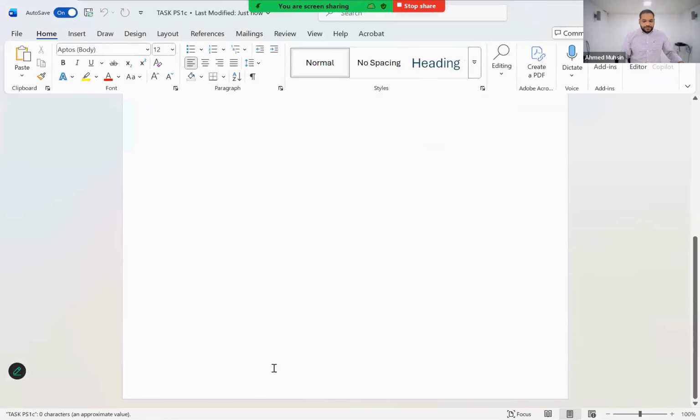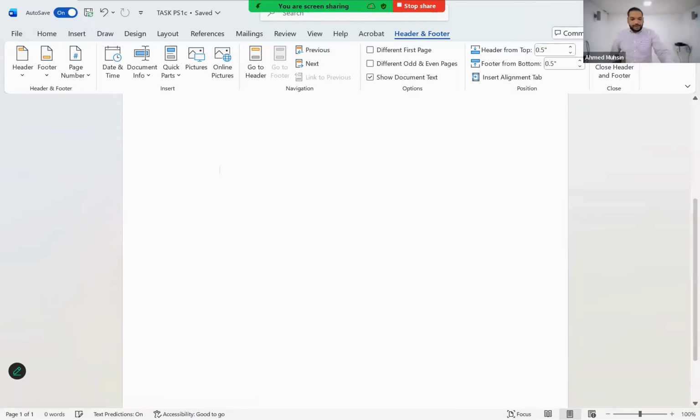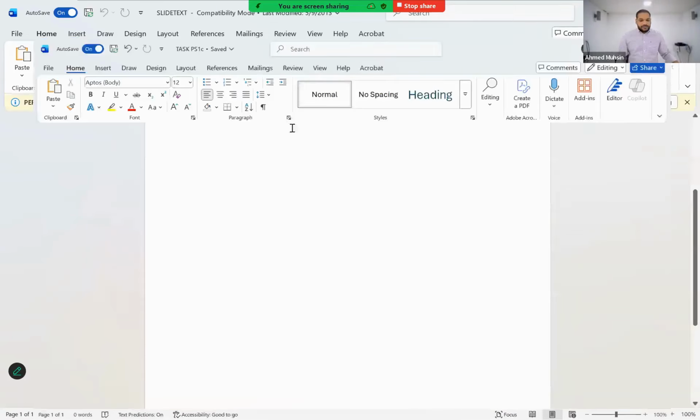In your footer, what do we type? Task PS1C, your name, your candidate number, and your center number. Hurry up. Then you can press escape and come out of it. I'm moving forward because of time. Everybody, I'm going to press escape and come out of it. Now in our presentation, we need to